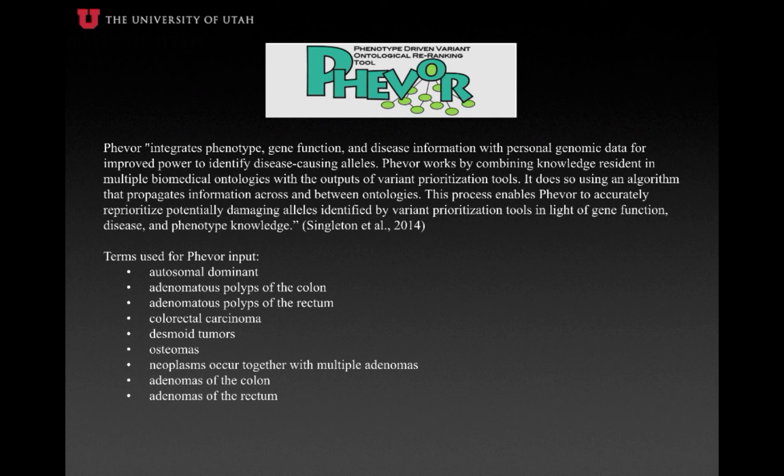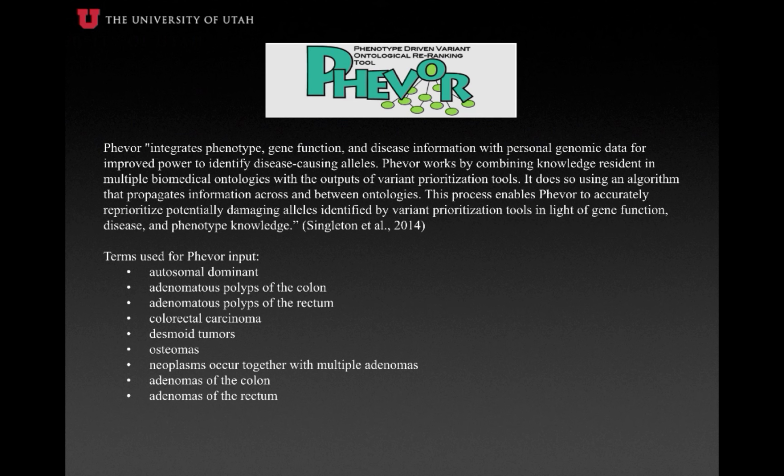This application is a web-based tool that takes VAST output and uses information in gene ontologies to better prioritize and filter results. Specifically, Fever integrates phenotype, gene function, and disease information with personal and genomic data for improved power to identify disease-causing alleles. Fever works by combining knowledge resident in multiple biomedical ontologies with outputs of variant prioritization tools. It does so using an algorithm that propagates information across and between ontologies. This process enables Fever to accurately reprioritize potentially damaging alleles identified by variant prioritization tools in light of gene function,